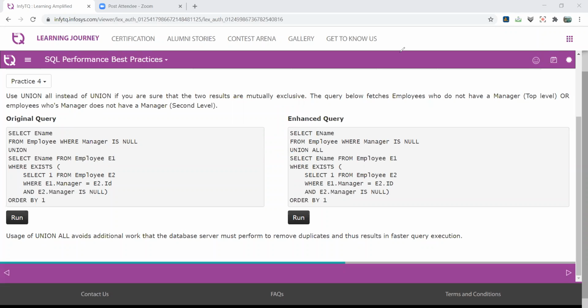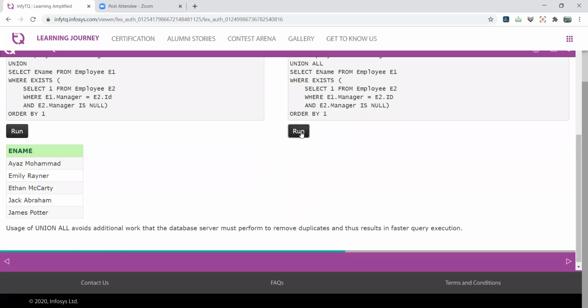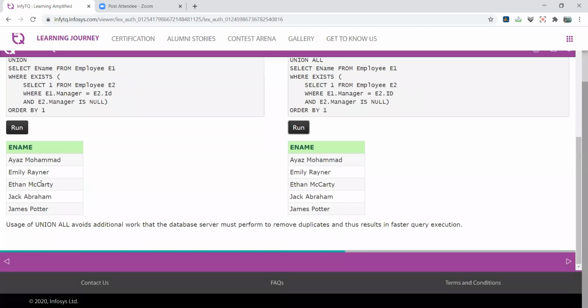Now check the performance of the query, right? It takes a little bit more time in comparison to the previous one. The other displays the minimum time, right? So when we perform the UNION, as I already told you, the comparison starts. Suppose here there are only 5 records.